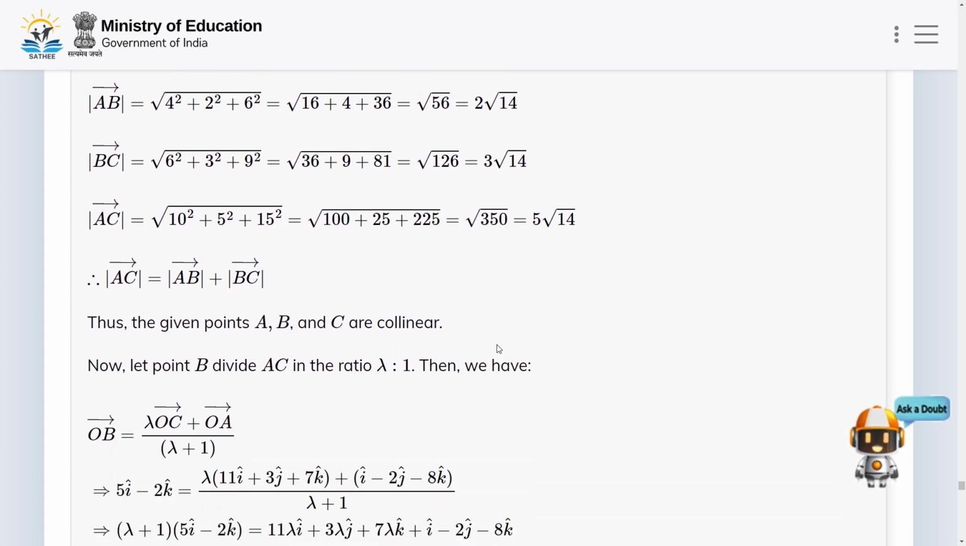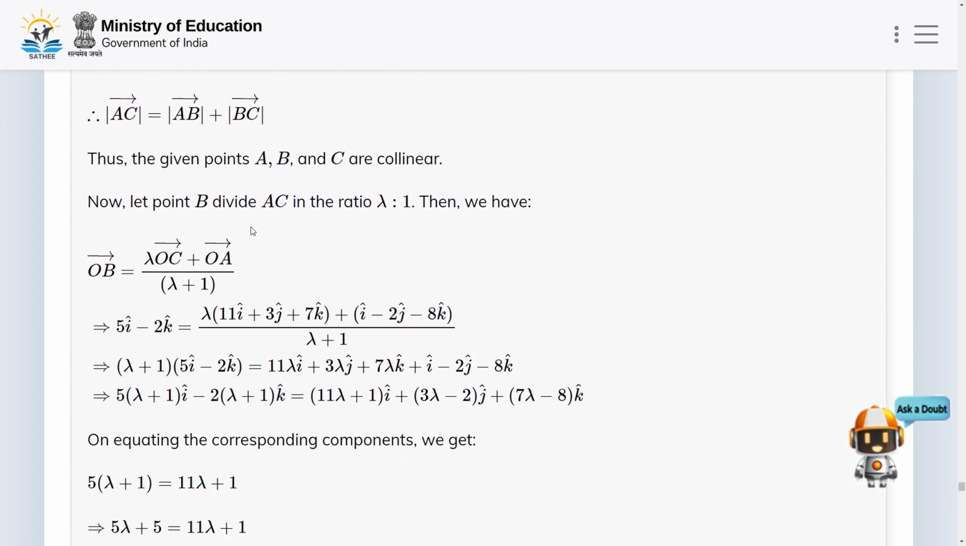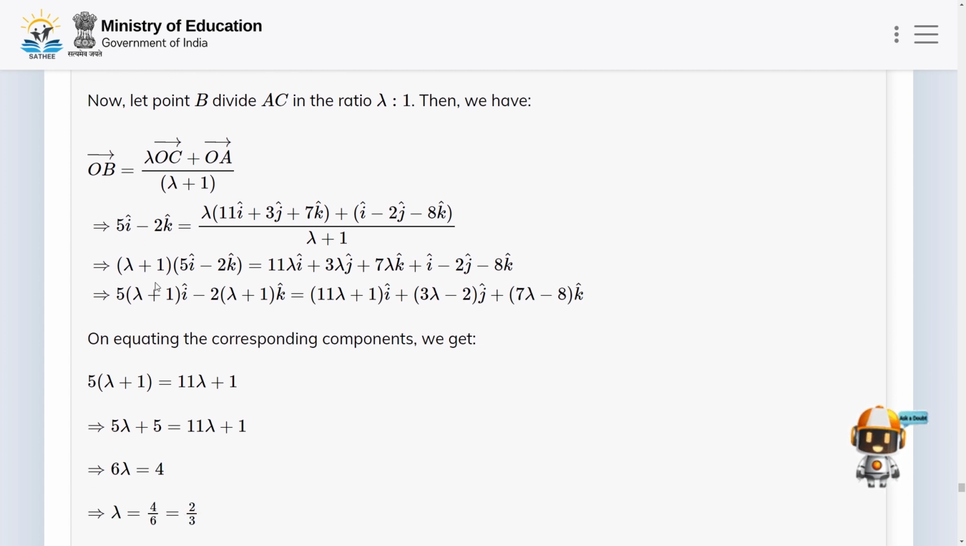Okay, now what about the ratio? So we are assuming that B divides AC in the ratio lambda : 1. Then we have OB equals (lambda times OC plus OA) divided by (lambda plus 1). So put the respective things, and you will have this nice expression. Okay. Now